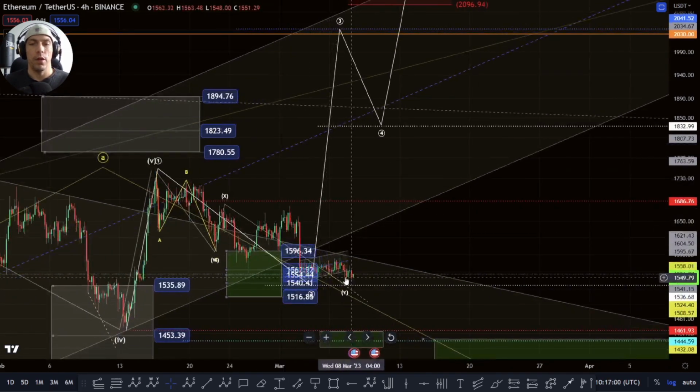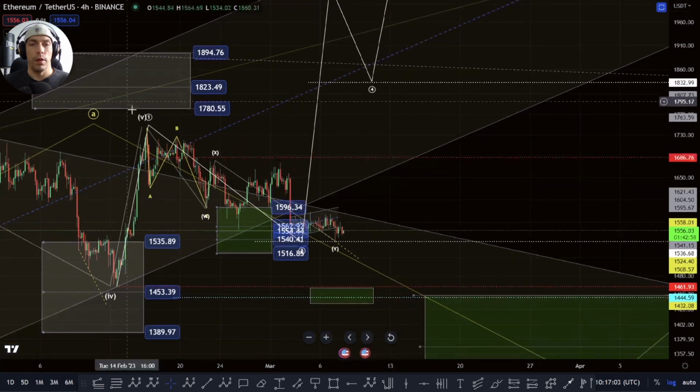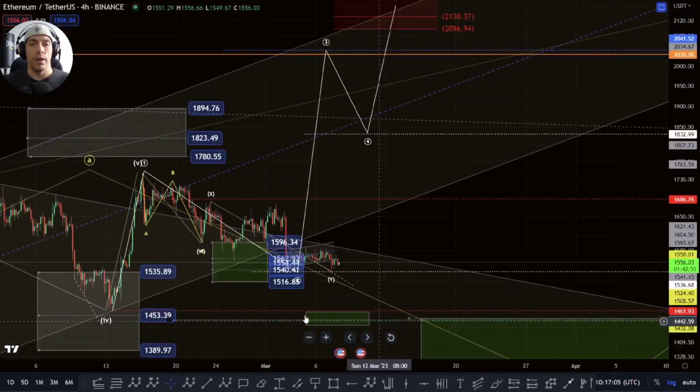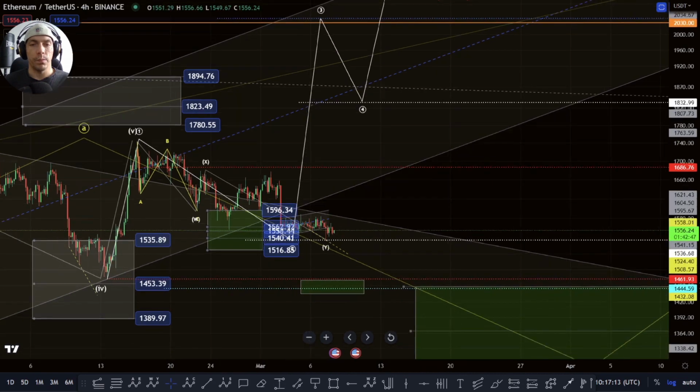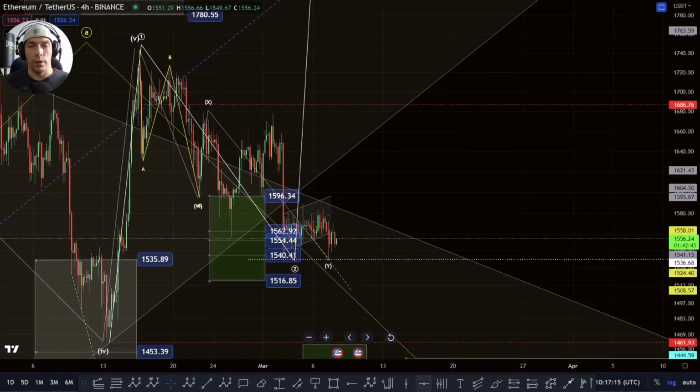We don't have that yet, so we need to be aware there are other options. But this is valid really for as long as we hold this 1516 and as long as we hold above this 1461. We'd want to see a decent move though here, like an impulsive move out of this zone,